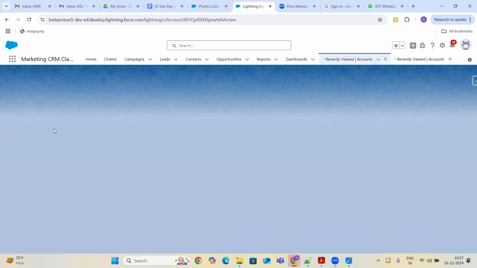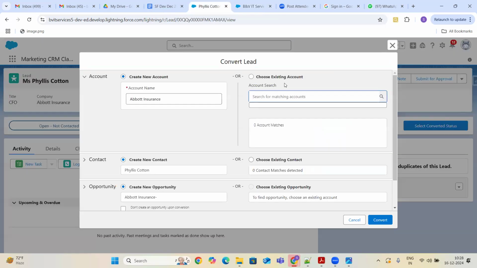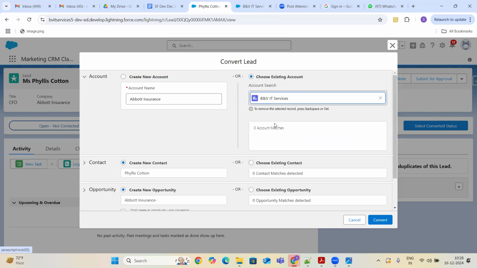Okay, already there is a BNB IT services account. So whatever lead I am converting should go to an existing account, so I'm going to select the existing account.